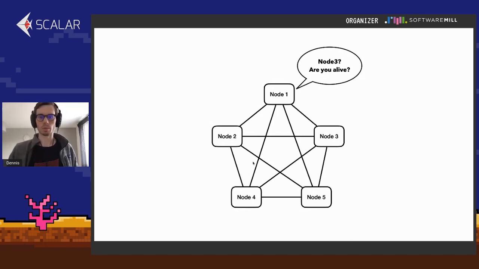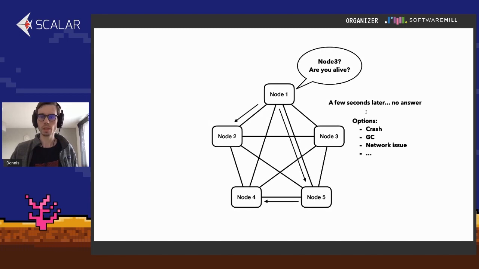But what can also happen is that a few seconds later, which could depend on what you're running. If it's a very good link, it could be a few seconds, but if it's a very bad link, maybe a bit more. So what happens? Node 1 will ping node 3, and a few seconds later, no answer. Now node 1 knows that node 3 is unreachable, but unreachable doesn't mean much because you actually